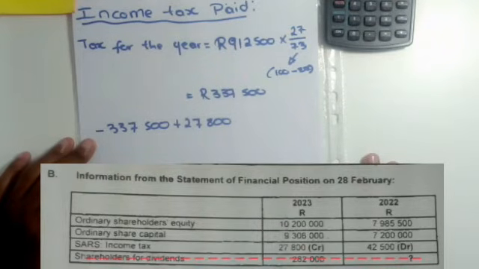So when I find out that SARS actually owes me a refund, they're not going to give me the refund the same day that I filed my taxes, which was at the end of the year. No, they are going to take a couple of months before they pay me, and by the end of those couple of months we would already be in the next financial year. So if I discovered on 28 February 2022 that SARS actually owes me a refund of 42,500, on that day